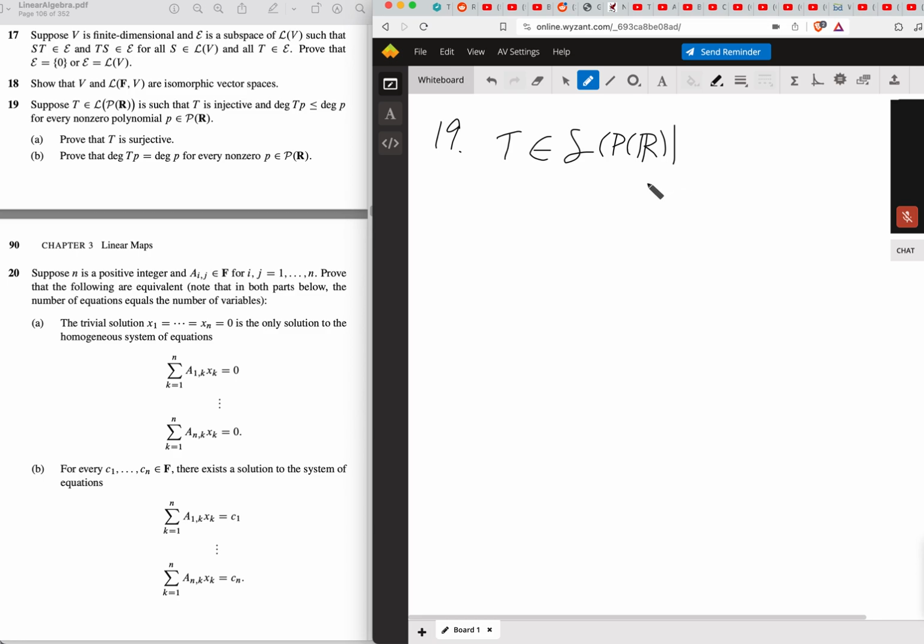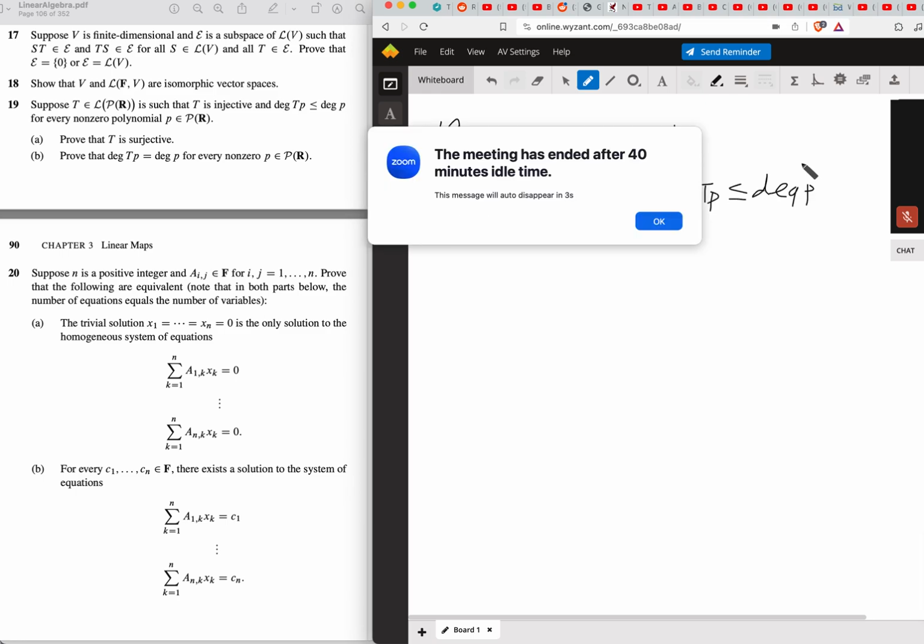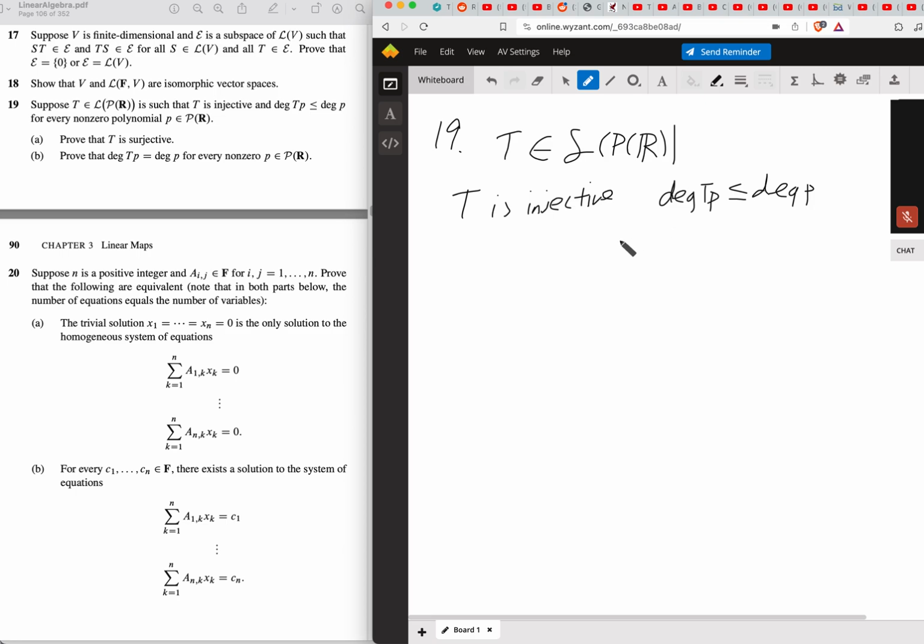Suppose T is an element of the set of all operators that map polynomials to themselves. So you want to show T is injective, and so the degree of T of P is less than the degree of P. Okay, sorry, give me a second. Every non-zero